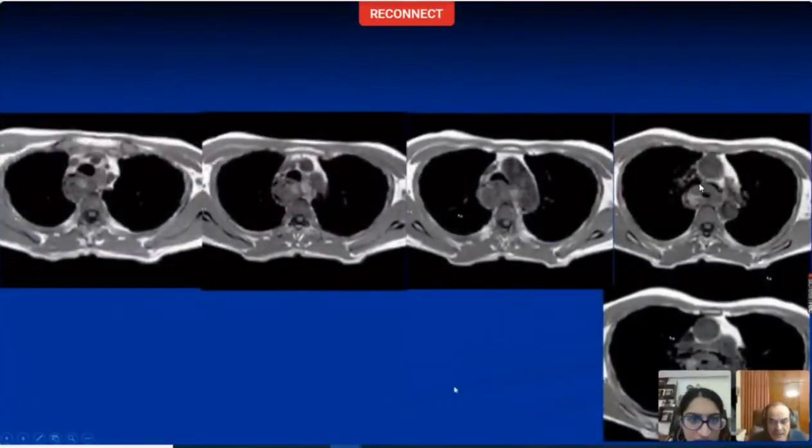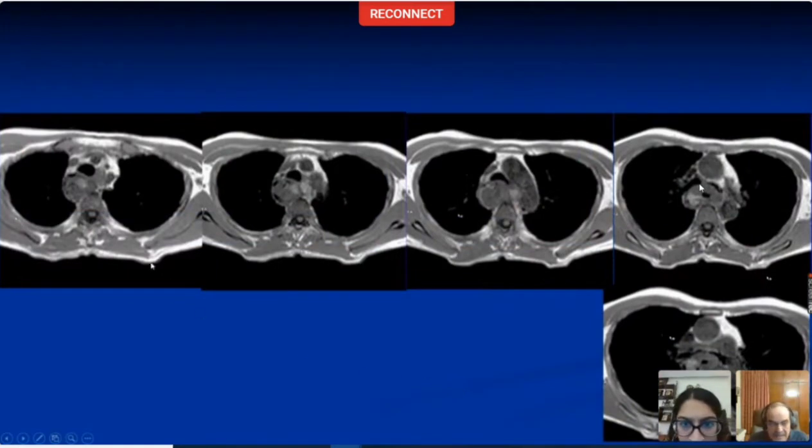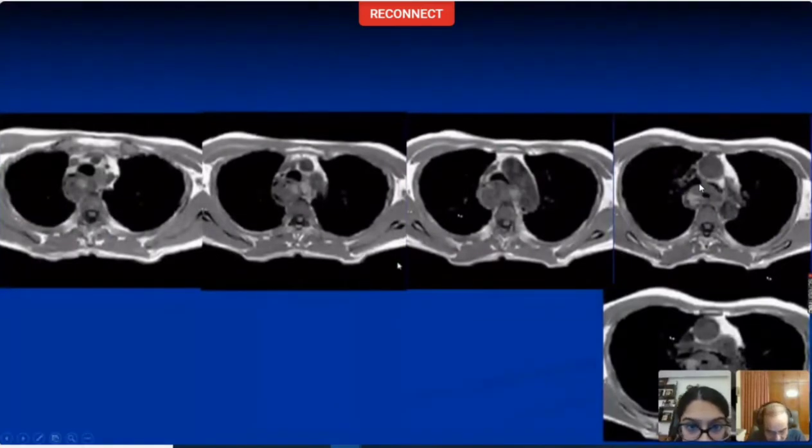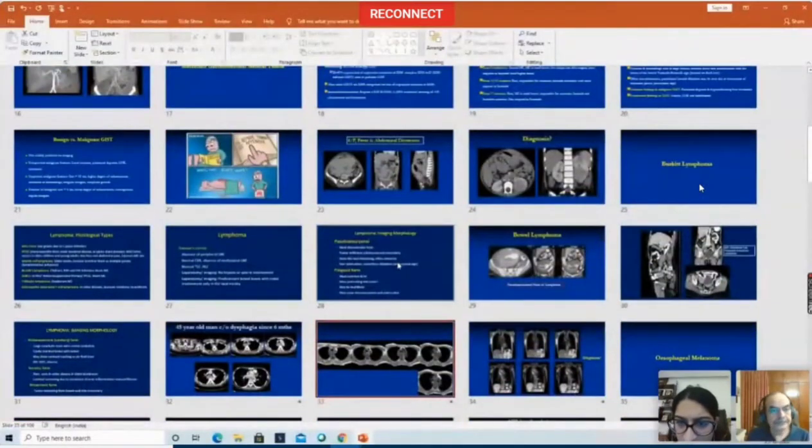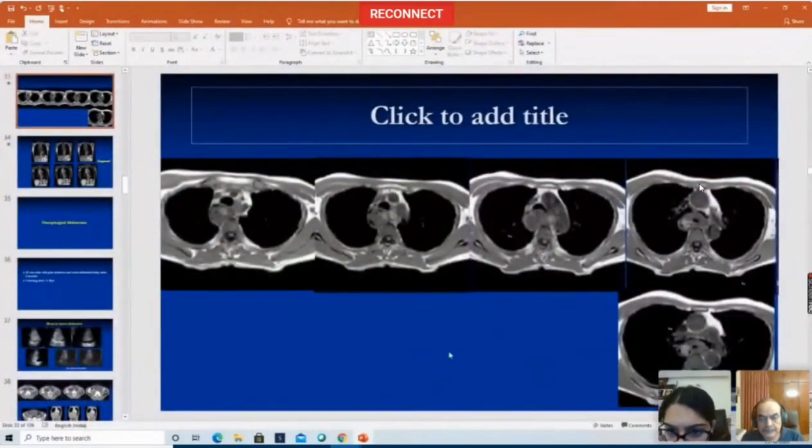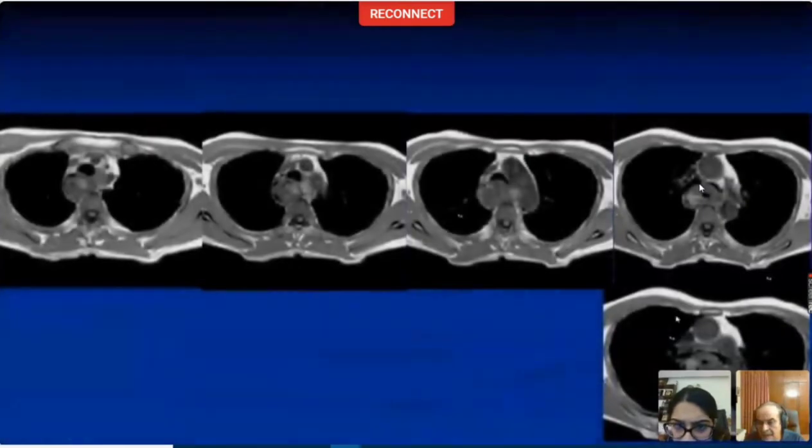Okay. We also did an MR for this patient, and these are the T1 weighted MR images. Very quickly, tell me if you have any additional information or something that strikes the eye. So there is compromise of the tracheal lumen and there are a few hyperintense areas, likely hemorrhage. Okay, there are these hyperintense areas within the esophageal mass.